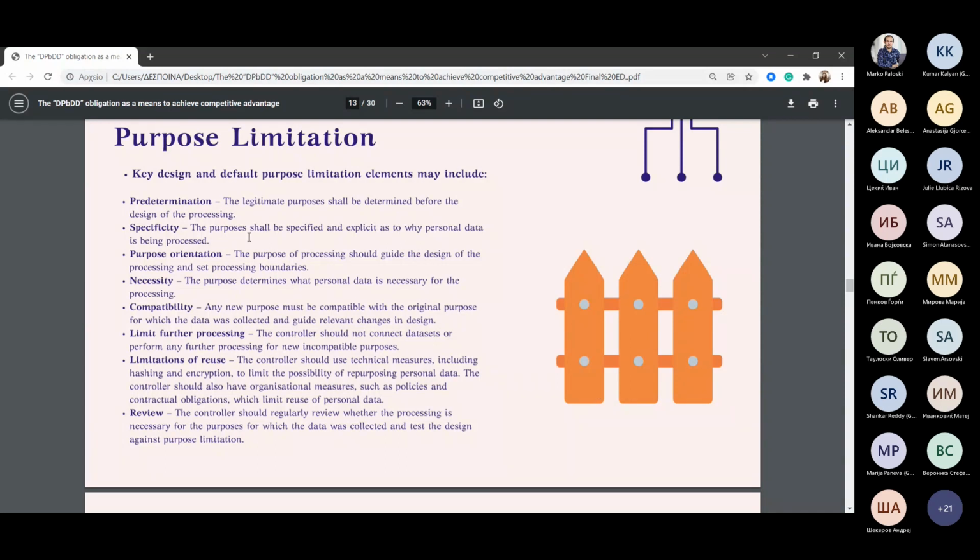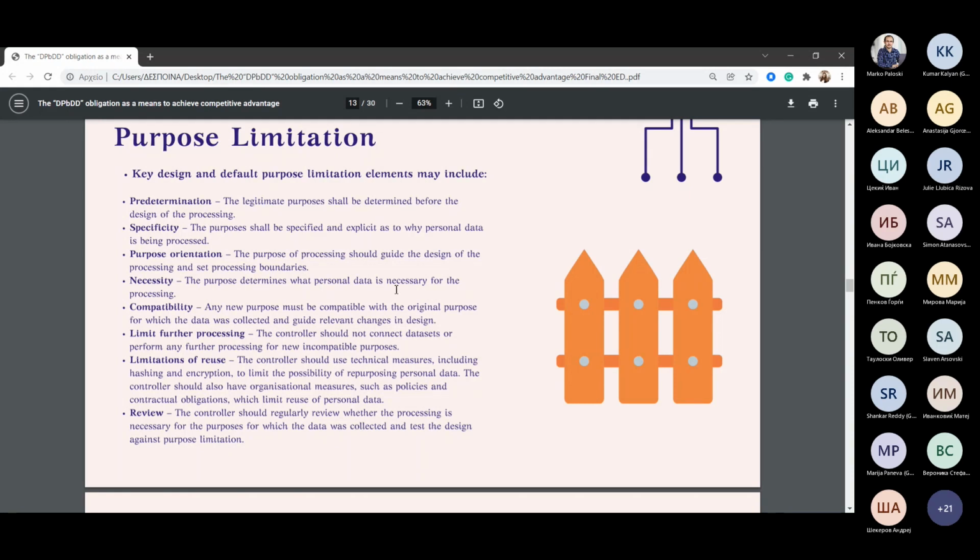Specificity. The purposes shall be specified and explicit as to why personal data is being processed. Purpose orientation. The purpose of processing should guide the design of the processing and set processing boundaries. Necessity. The purpose determines what personal data is necessary